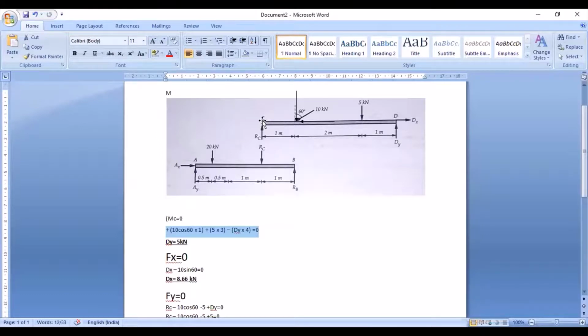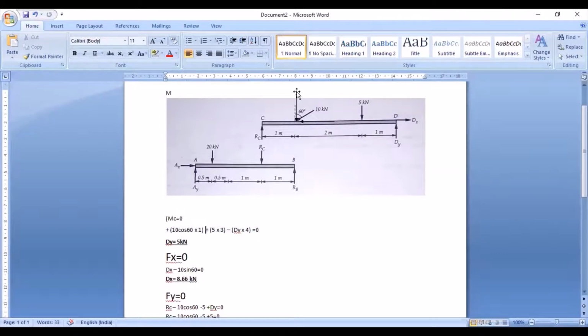I'm going to apply it at point C. Now, once I apply the moment, first I need to count the total number of forces. So I have 1, 2, 3, 4, 5, 6, so total 6 forces. Among the 6 forces, we need to see how many actually pass through point C. That is one reaction, RC. The horizontal component of 10 kilonewton passes through point C, whereas Dx also passes through point C. So we are left with only 3 forces which will be considered in moment. 3 forces, so basically 3 components.